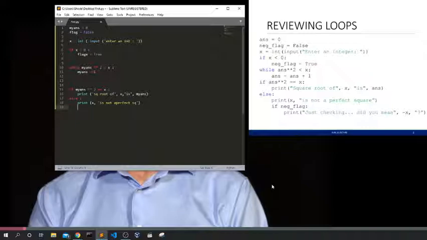Okay, I did understand it. So we are checking if it's not the same, because we already eliminated all the possibilities there except the negative.